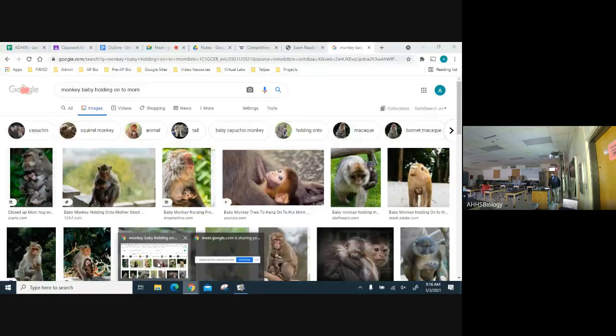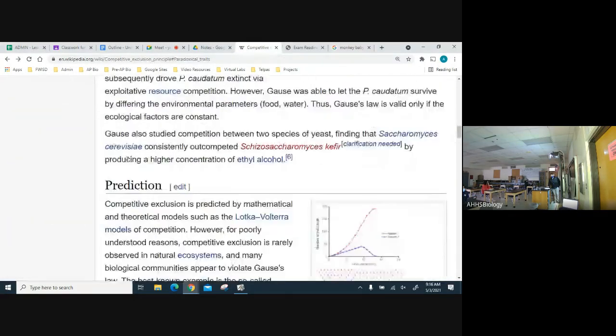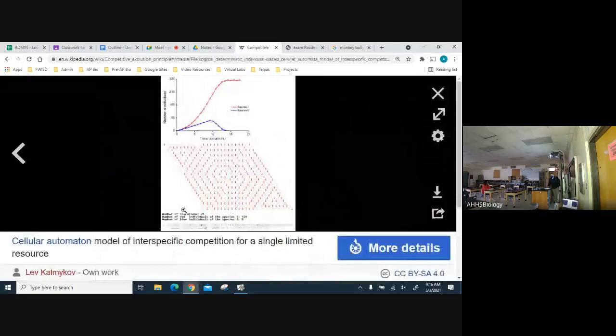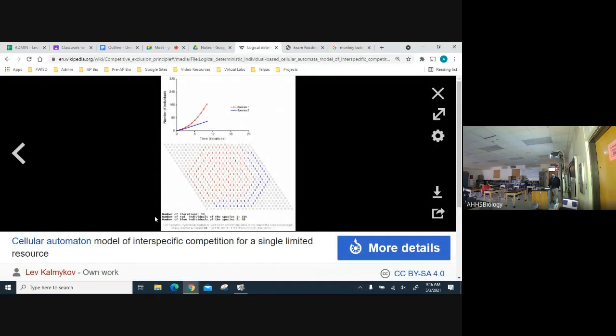And I actually pulled this up. It's a little easier to just put up on the computer. I like this little animation. This is just Wikipedia's competitive exclusion. So this is like a computer model of competitive exclusion with two separate species, right? Red ones and blue ones, and they're doubling and they're increasing in size. And you can watch, it seems like species red takes over, which means species blue can't, right? So species blue cannot continue to survive. And then it kind of shows you right here. And I don't know exactly what the model here is, but it's showing you how they can't survive at the